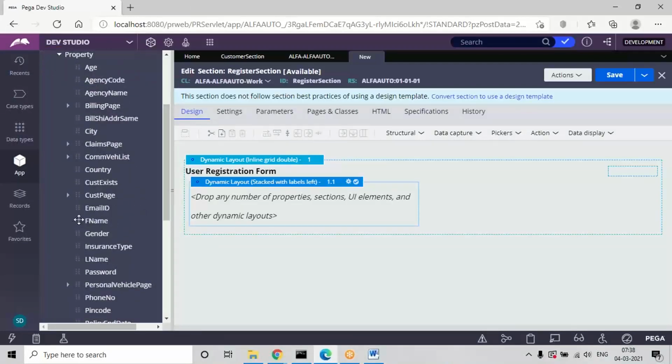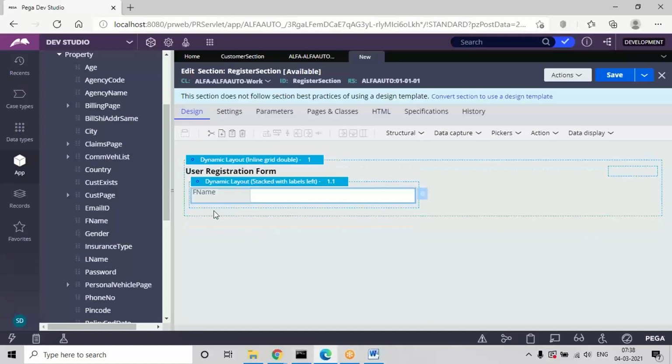Actually, we should not use single value properties in multiple designs, but this is a local action page, right? No issue. We are not calling the customer connector fly action, we are using it in a local action. So in a local action there is no issue, you can use single value properties, and in some other fly action you can use them too, no problem. So I'm calling these fields here.